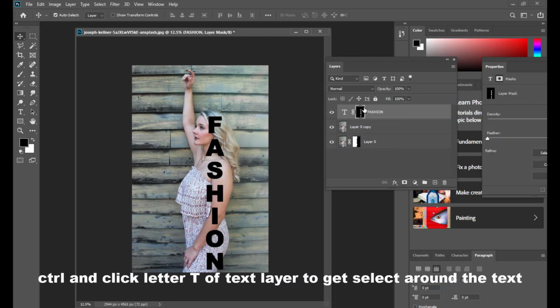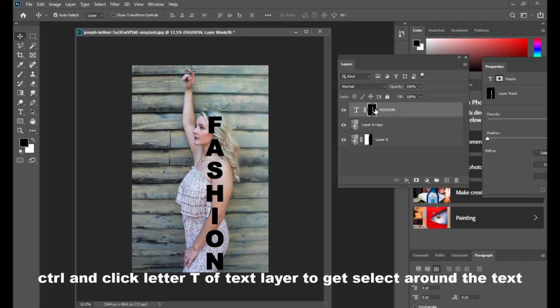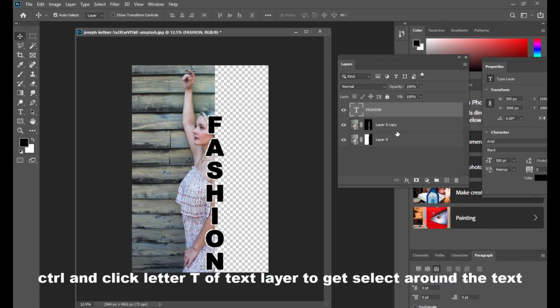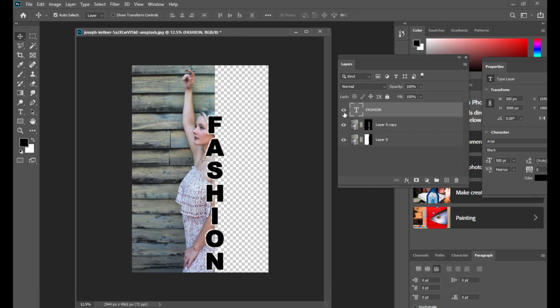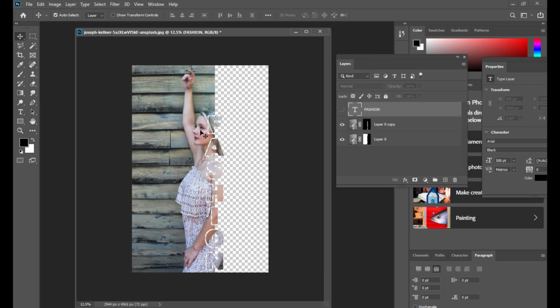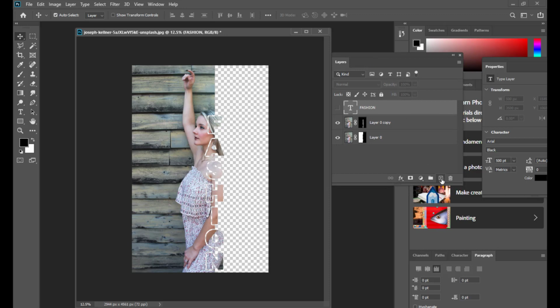Now we got the mask for this text layer. The last and final step is to drag the mask from this text layer and apply it to the bottom duplicated image layer, and then hide the text layer. That's it. Now we got the exact text effect.